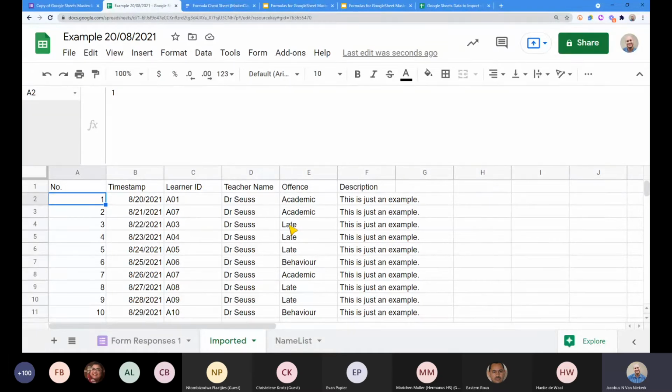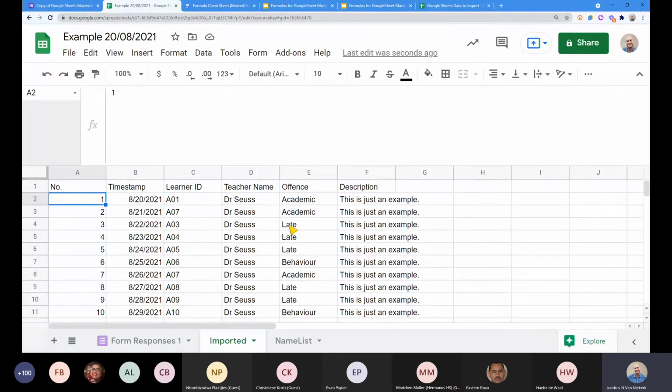If you don't have access to that sheet, it'll just say you don't have permission to import information from that sheet. Obviously, you can't just go and find information that you don't have access and privilege to. So you have to make sure that you've got that access.